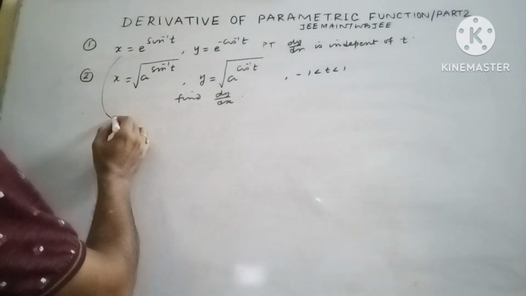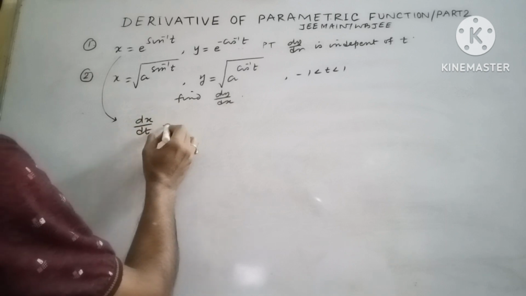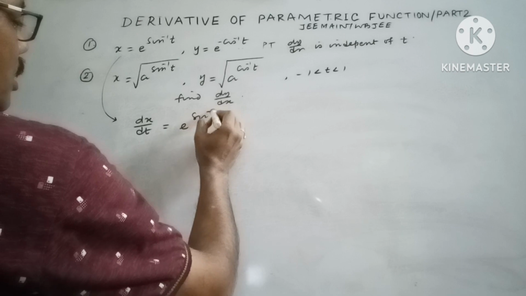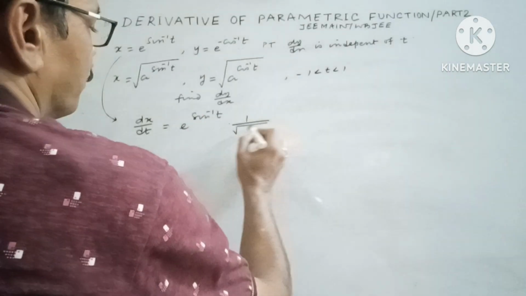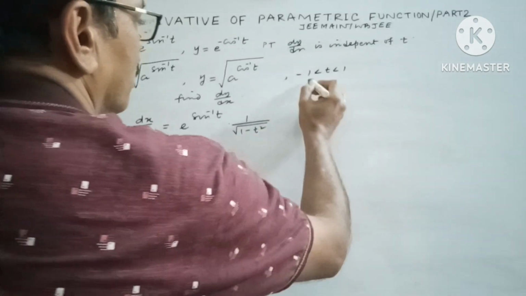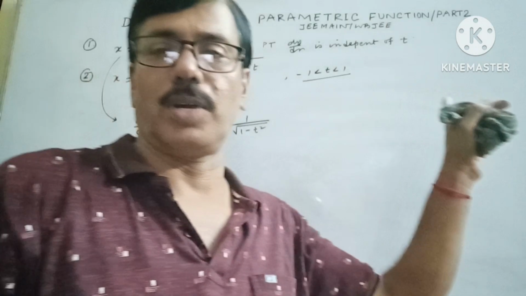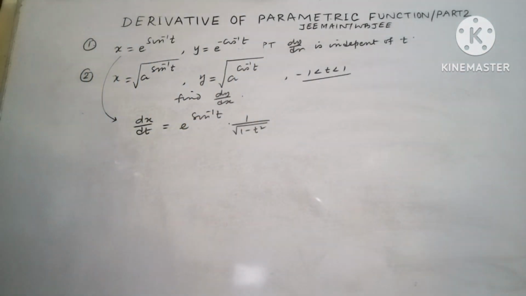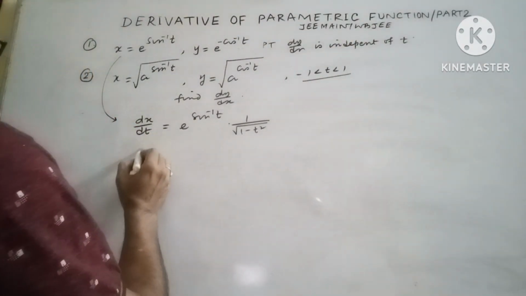So this is x. So what is dx by dt? dx by dt is e to the power sin inverse t into derivative of sin inverse t. That is why this restriction is given, minus 1 to plus 1, because sin inverse t is valid when the value of t lies between this. And dy by dt